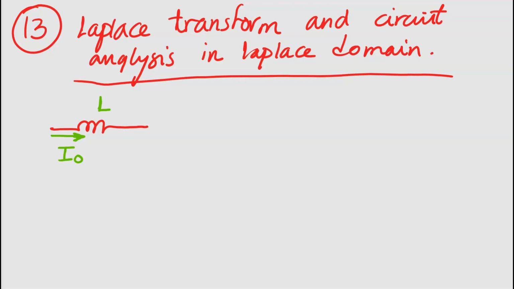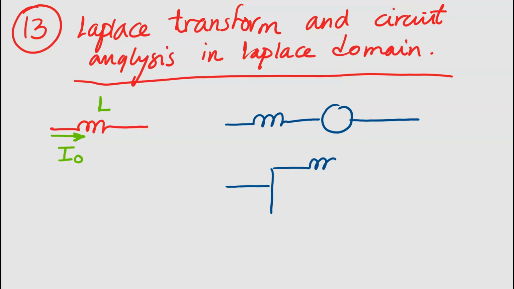In order to model this in Laplace domain, I can use either series circuit or parallel circuit. If I'm using series equivalent circuit, then I have to use a voltage source, and just to remember which direction I have to choose for the voltage, the source should produce the current that is in the same direction as my initial current. So this is going to be the polarity. So here I have LS, and the value of the voltage,